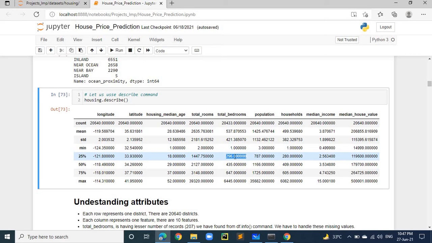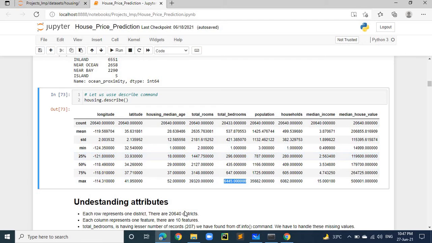Similarly, 50% of values are less than 435, and 75% of records have less than 647 values, and the maximum number is this one. This is the significance of the percentile.